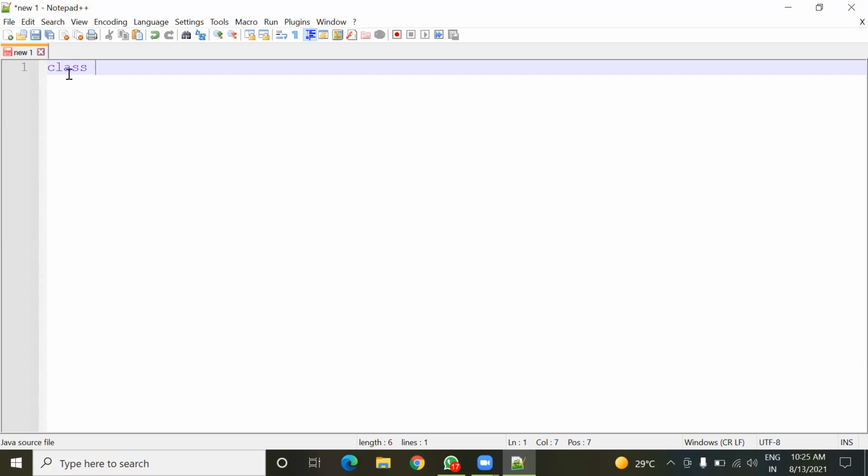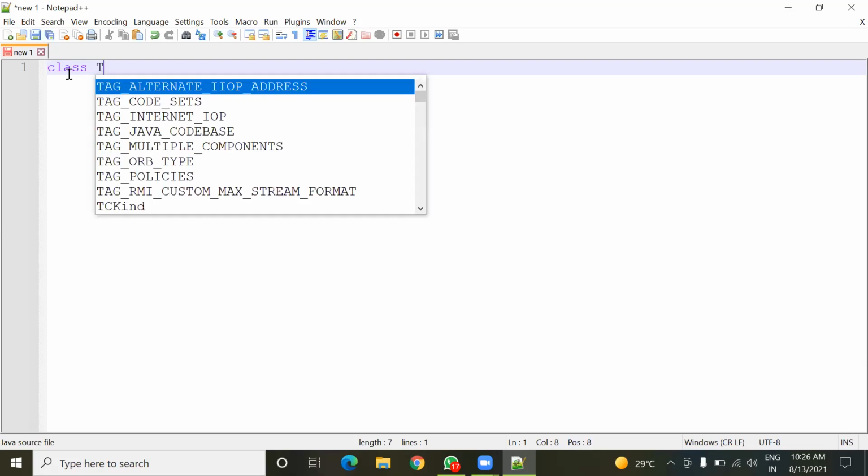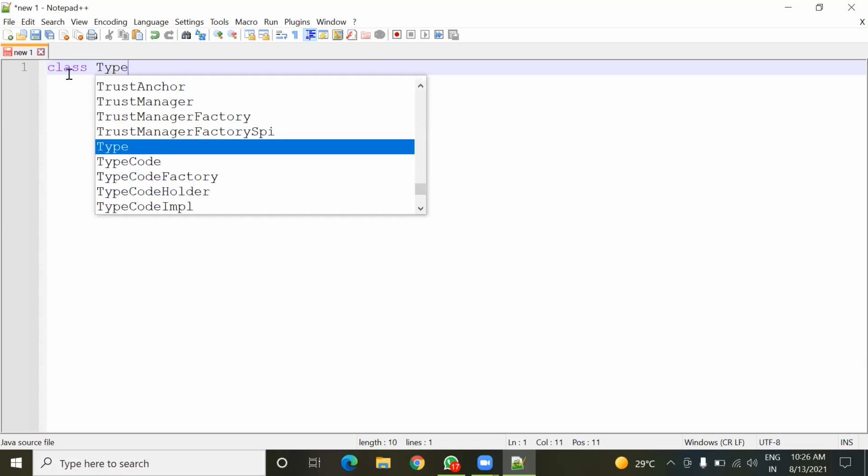Once again, the program will start from this class keyword, and here we have to take the name of the class. So here I'm going to take TypeConv.